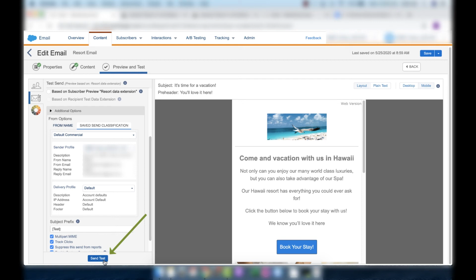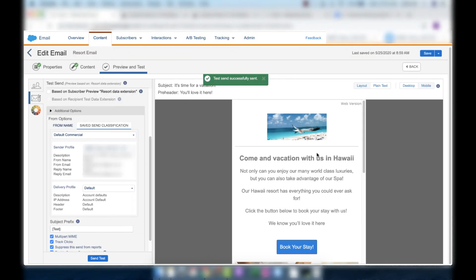So I'll click Send Test now. And when we click that, we can see the one recipient that's going to receive this email, and the one message, and the actual number of sends. And we'll click Confirm and Send. So now that test send has been successfully sent to our email address on file. So let's go to that email and let's see what it looks like in our email.